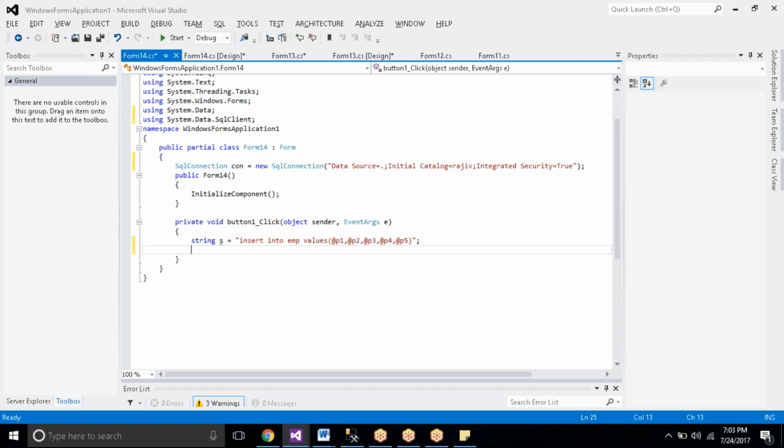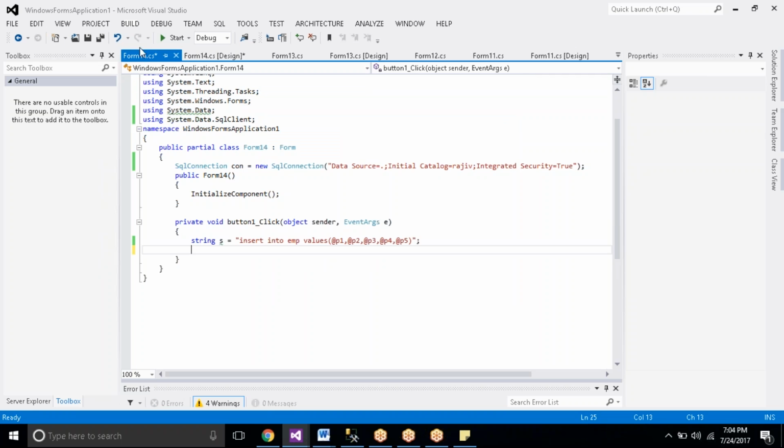Just give me a minute. IntelliSense is not working. We'll check why it's not working. Sometimes this issue will happen. What we'll do is close the solution and try to reopen it. Where is the solution stored? In users, we have Documents, Visual Studio 2012, and under Projects we have the Windows application.